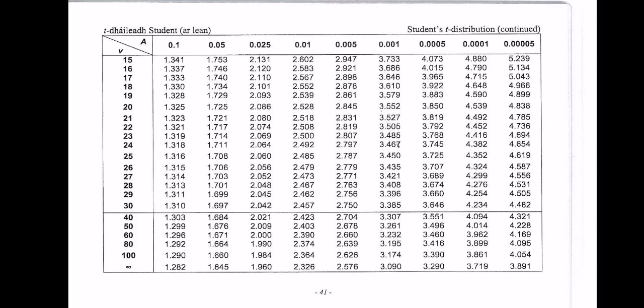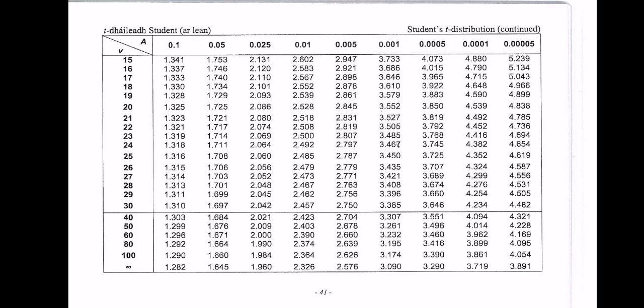0.05 because there's 5% in a single tail, and the value there is 1.645. But since we know that we're dealing with the left tail, we know that it's minus 1.645. So that is how we identified the critical value, so that we could identify that our calculated z-score was in